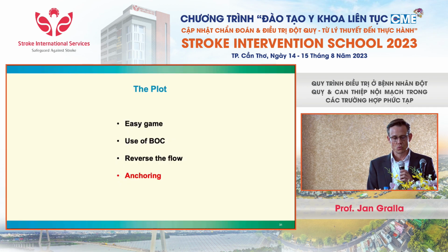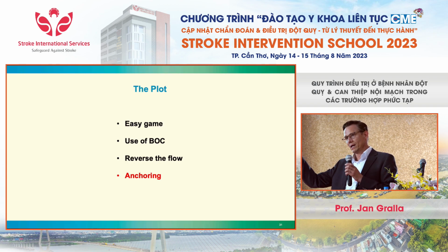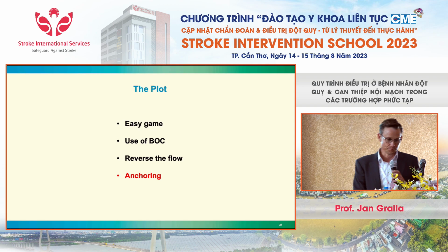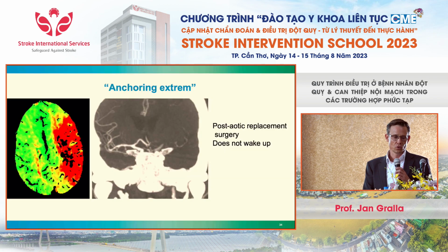I'm just going to have one more thing, the anchoring, before I hand over to the next speaker. A stentriever has a high radial force. So you have something in place which is a high radial force and there's a wire attached to it. So once this is in place, you can use it to bring up almost everything. And you can do this for intracranial occlusions to bring up your aspiration catheter, but you could also bring it up